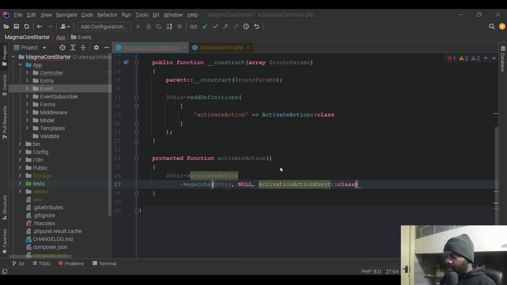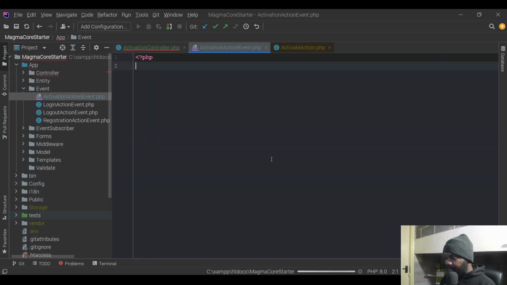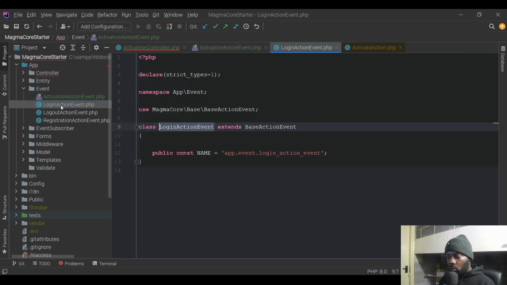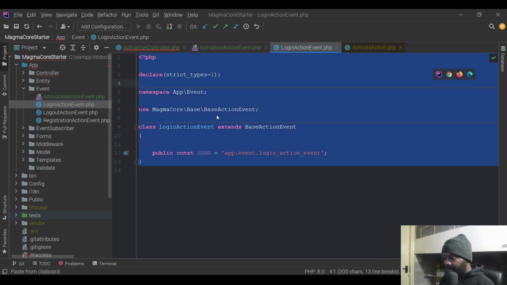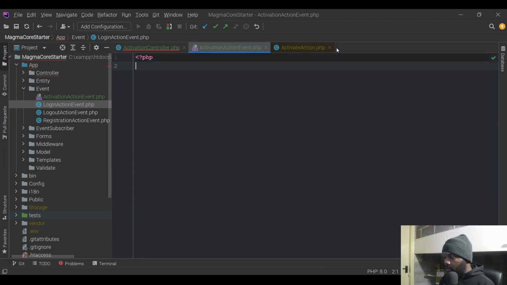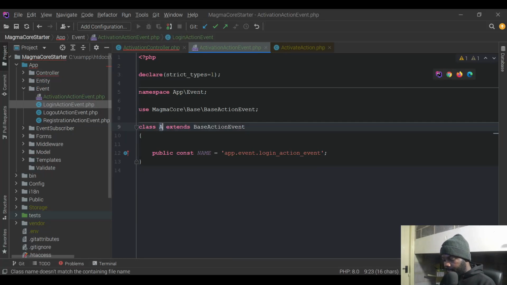It's going to be action, always going to be action after the controller name, then ends with event, right? That's the convention. So we're going to say activation action event, and because these are all the same, I'm just going to copy the content of one and just paste it in. So let's copy that, close it, then just paste it in here. Let's change the name. It's going to be activation action event. So now we also need to change this constant, because this is how each event is uniquely identified, right? So we've got app, which is the namespace, and we've got event, which is the directory that we're currently in, which is what you can see right here, app